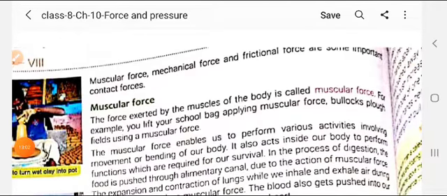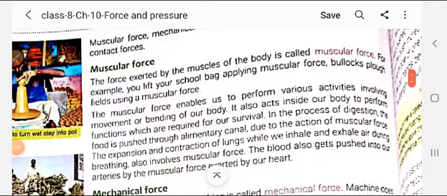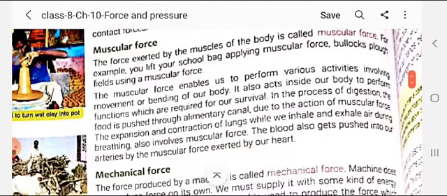आइए हम muscular force के बारे में पहले पढ़ते हैं। The force exerted by muscles। अगर शरीर की मांसपेशियों द्वारा, चाहे वो जानवर के शरीर की मांसपेशी हो, चाहे किसी बच्चे की, चाहे किसी बूढ़े की, चाहे किसी व्यक्ति के शरीर के द्वारा, उसकी बॉडी के मस्कुलर फोर्स से किसी ऑब्जेक्ट के ऊपर लगाई गई फोर्स है जिससे वह वर्क होते हुए दिख रहा है, तो उसे हम कहते हैं मस्कुलर फोर्स। जैसे कि एक बुलक कार्ट को एक बफेलो या ऑक्स खींच रहा है, पुल कर रहा है, तो वहाँ उस ऑक्स या उस बफेलो का मस्कुलर पावर है जो एक फोर्स अप्लाई कर रहा है उस कार्ट को पुल करने में।